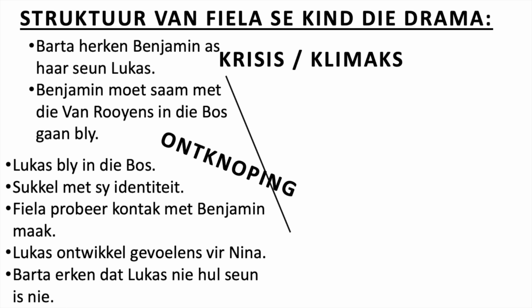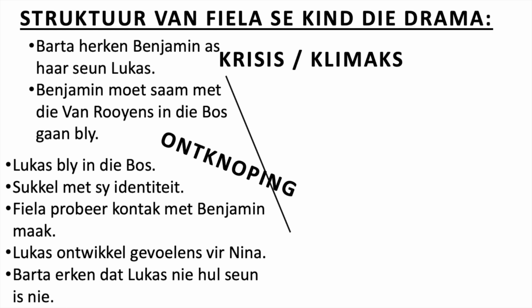Sukkel met sy identiteit. He struggles with his identity because he's like, am I community? Am I van Rooyen? FIELA probeer contact met Benjamin maak. FIELA tries to make contact with Benjamin. Also, Benjamin then goes to the ocean, or goes to the sea, and he starts working there for Mr. Ben and Khalil September. So all of this happens in the ontknoping, where the tension starts to get